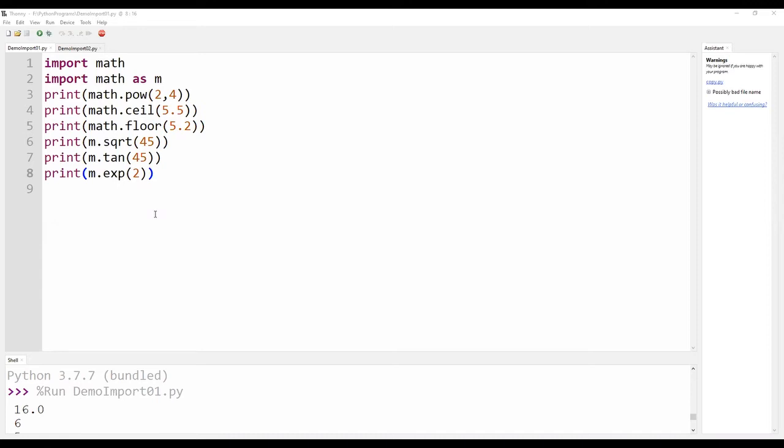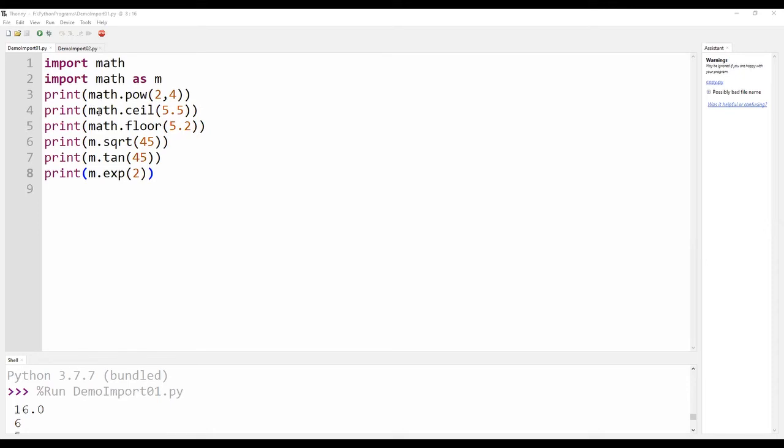This example explains how to import the entire package by using the package name or by using the alias name. I have given two things. One is import math, the other one is import math as an alias name called m. So now I can use whatever objects are present in math.